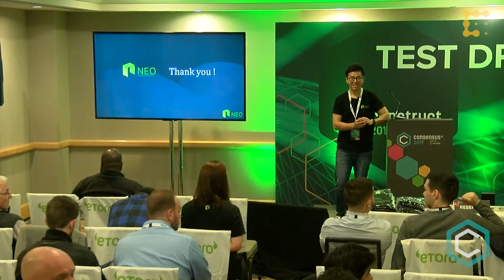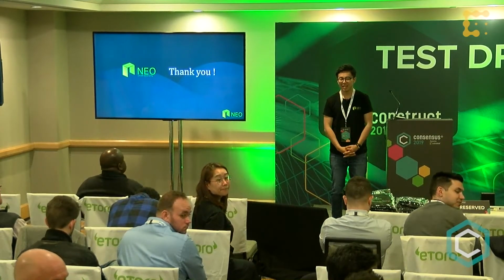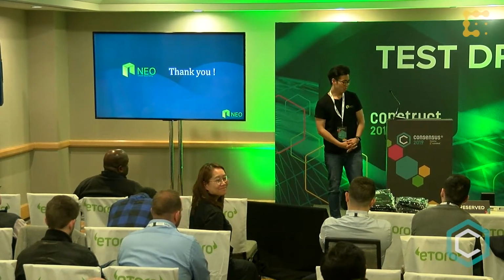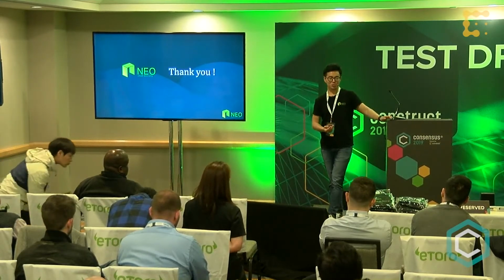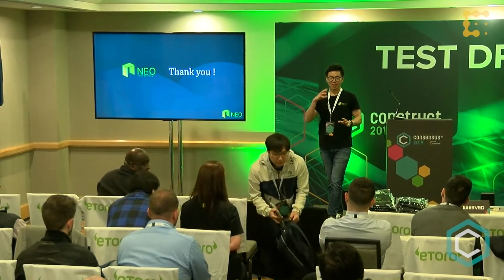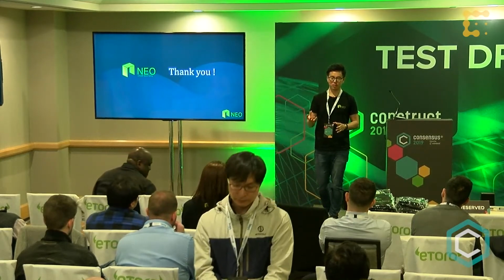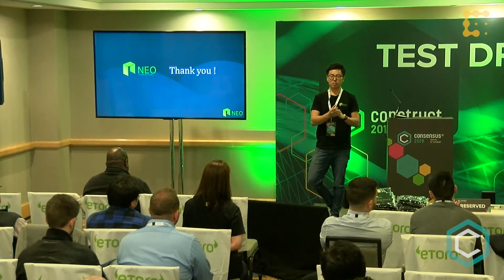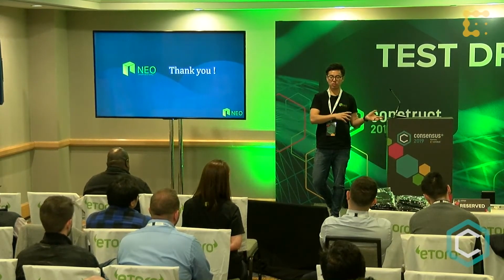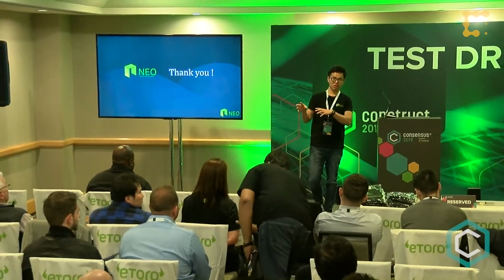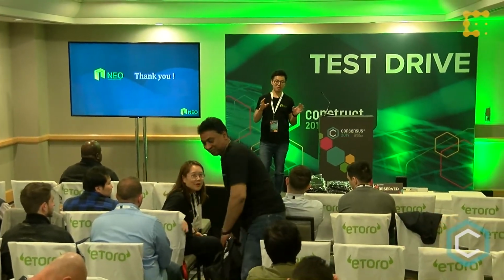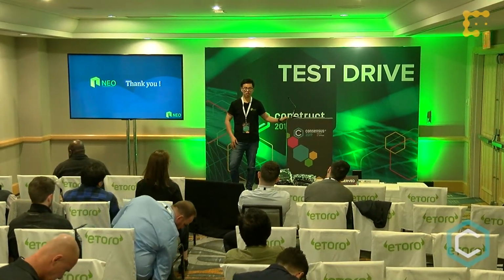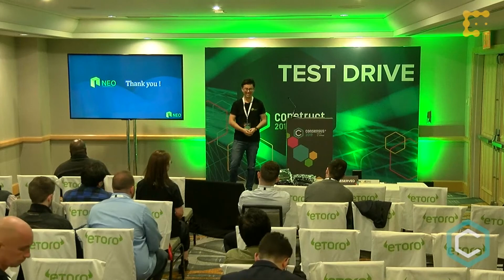Yeah, a question: what happens to all the dApps when you launch NEO 3.0? So we're launching NEO 3.0. You ask because we're going to have a NEP5 token for NEO and GAS. We are abandoning the UTXO model. But we will take care of all the migrations from the old UTXO model to the NEP5 model, so it doesn't have too much impact on the apps. We will take care of the migration and all the transfers, so don't worry about that.